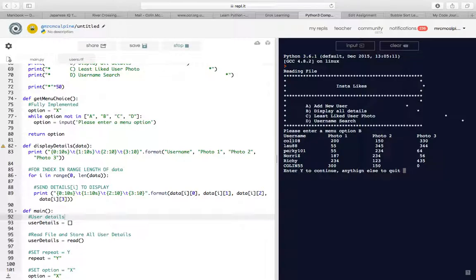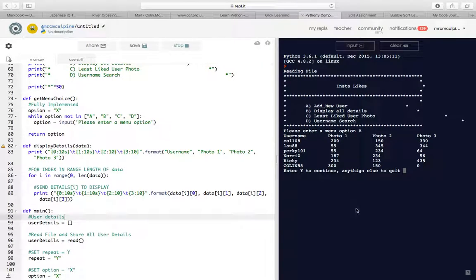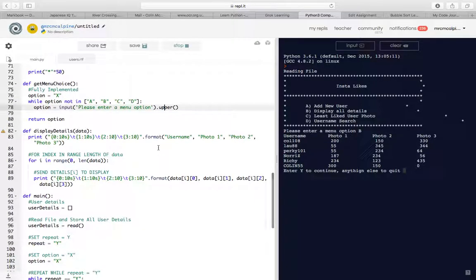We haven't sorted it yet, so that's one of the jobs that you've got to do if you look back at your tasks, to sort them before displaying. So hopefully you can do that with one line now, after we showed you the simple way of sorting data. You can fix the error that I have by going to the get menu choice and using the upper function to stop that not working for lowercase letters as well. That'll fix that quickly. So your job to finish this is to then allow me